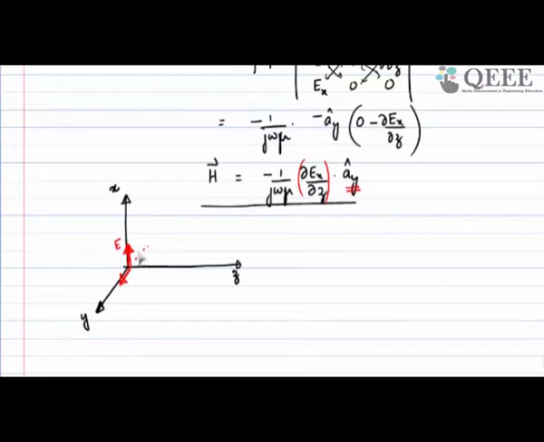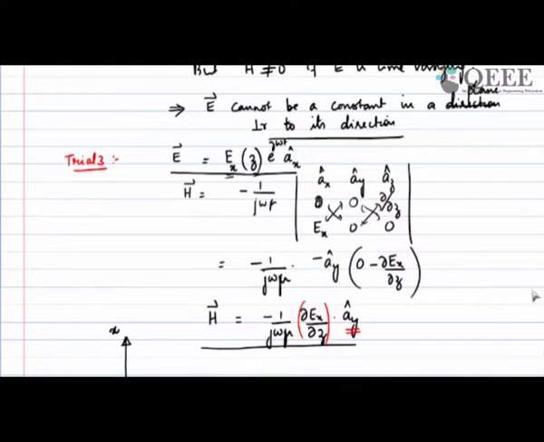Where is the variation? The field is varying along the z direction. I still don't know the nature of variation in space, but I know that it is changing as a function of z, and similarly the magnetic field is perpendicular here in the y direction, and it is also changing along the z direction. Now this is the simplest possible solution,